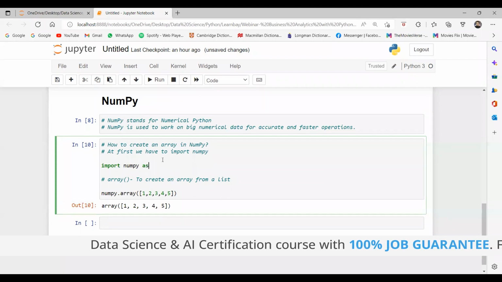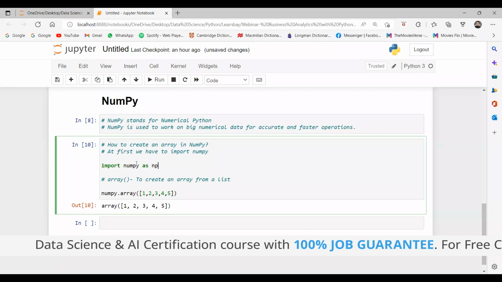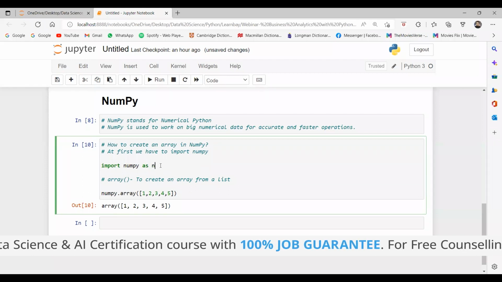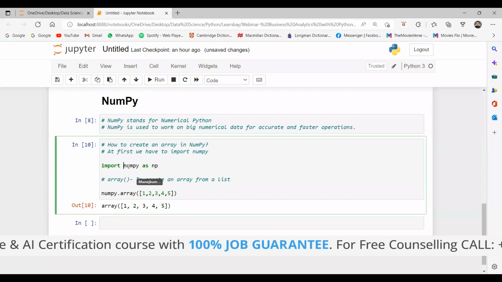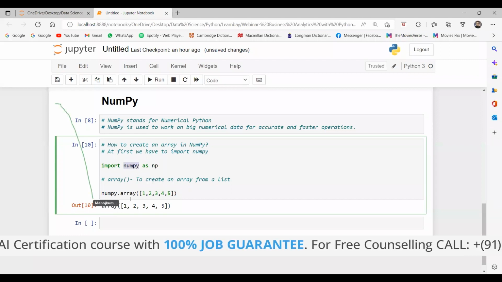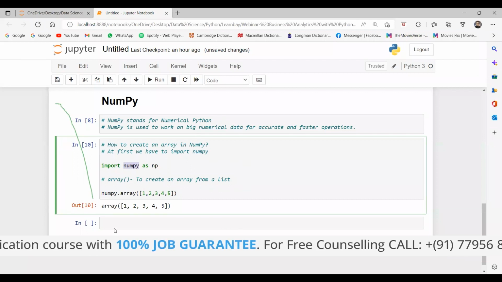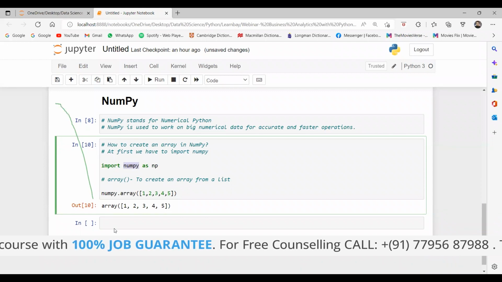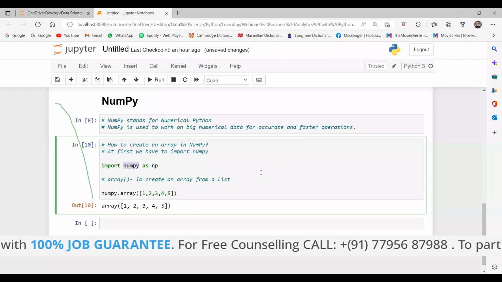So we can say as np, and it is known as an alias. It means we are giving this module a name by ourselves. You can give any name, like n, whatever you like, but generally we say np. It means I have imported NumPy, and wherever I have to use NumPy, I can use this np.